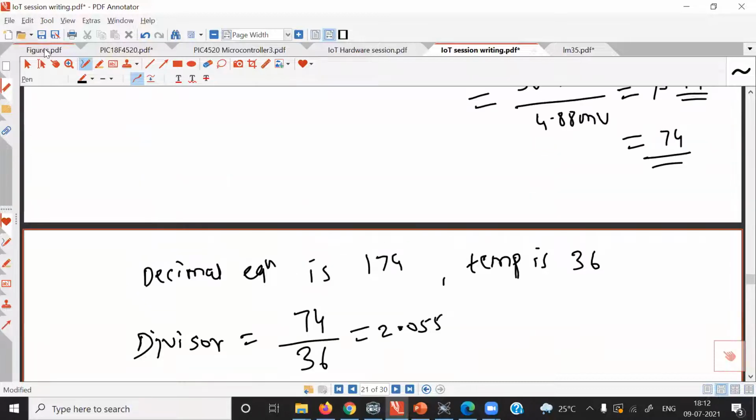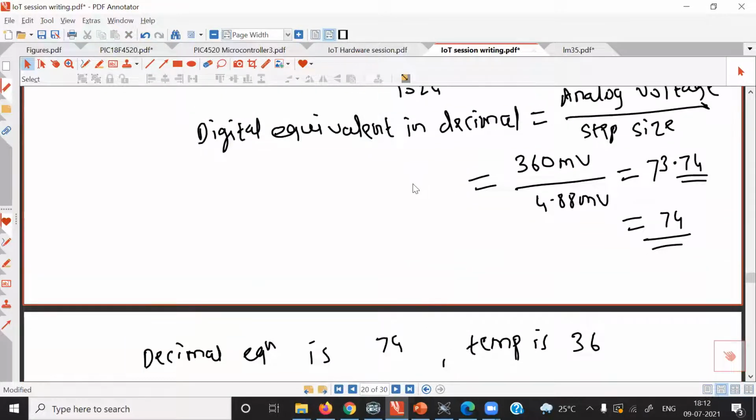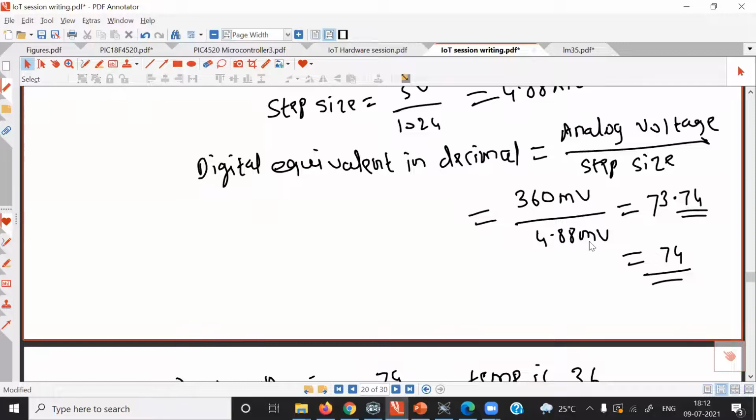So when we divide the decimal number by 2.055, it will get converted to the actual temperature. So 360 millivolt upon 4.88 millivolt is 73.74.